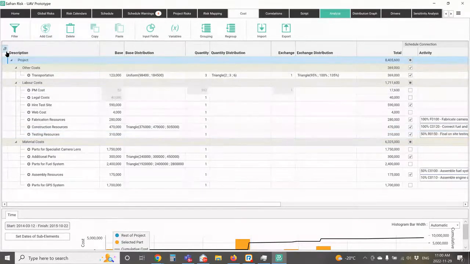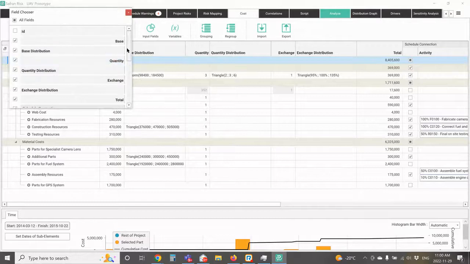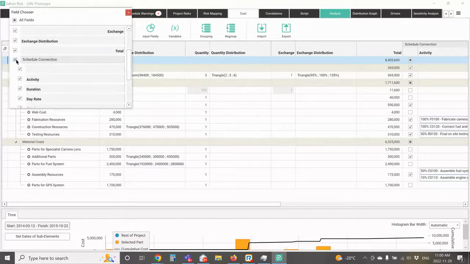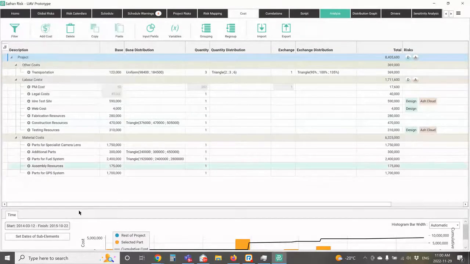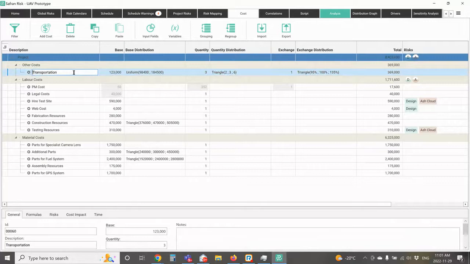So I'm just going to turn off a couple columns so we can see a little better here on my smaller screen. Let's turn off those. So first of all, in this case, I can build my cost model, and in this case, I've defined there's a base cost, there's a base quantity, there's an exchange rate involved. So for example, if I look at this line item for transportation, it's going to cost me $120,000 for